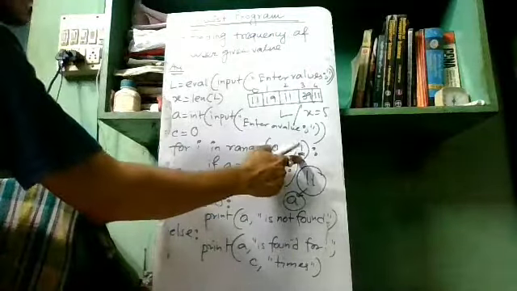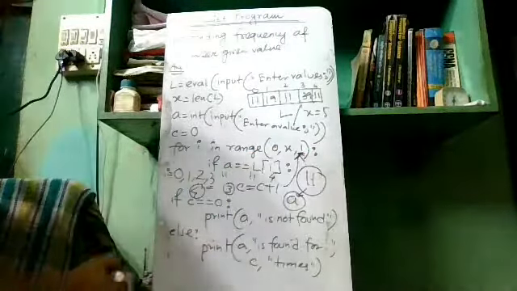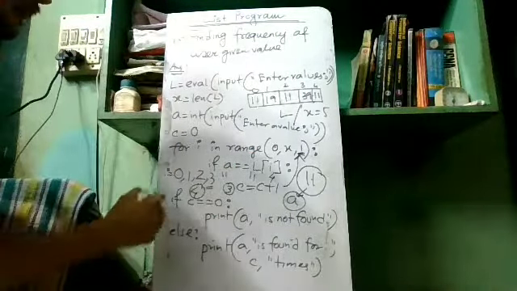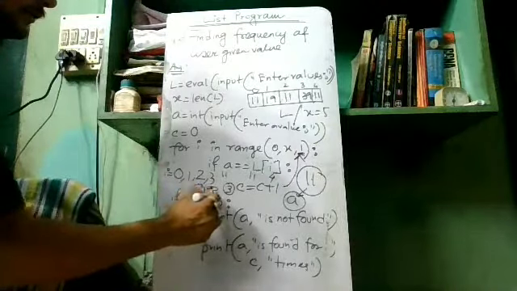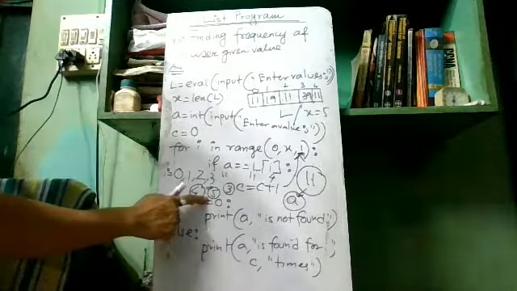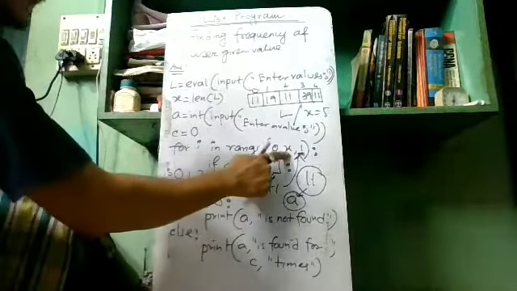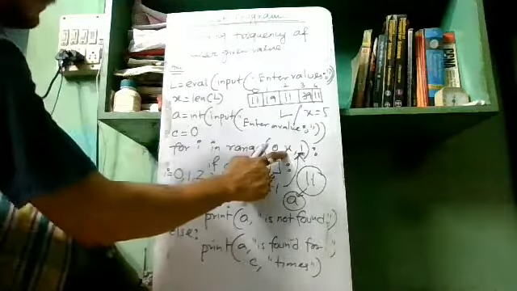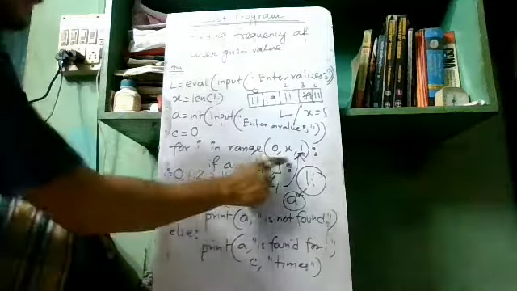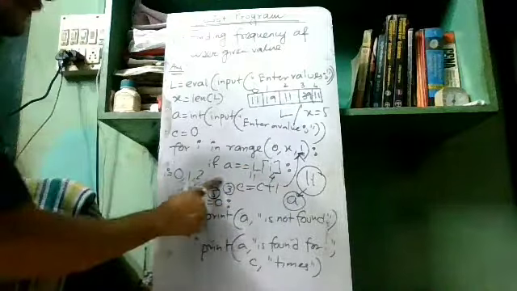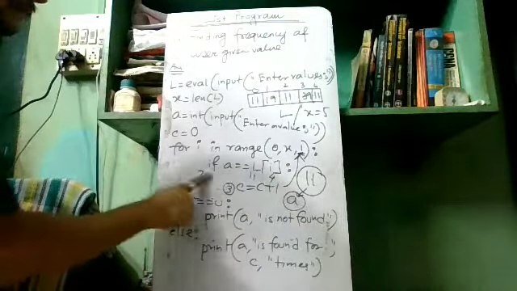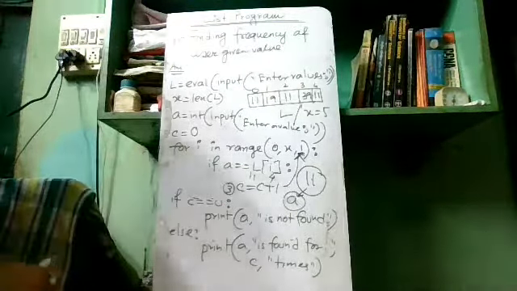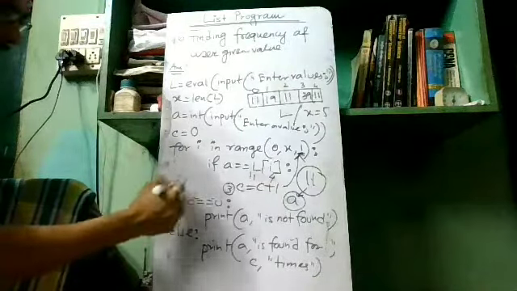Again the loop will circulate. I will be incremented by 1. So now what will be the value of I? 5. I will be 5. So 5 touches the highest point because x is 5. When I will be touching x, we will come out from the list. That means we will be here.